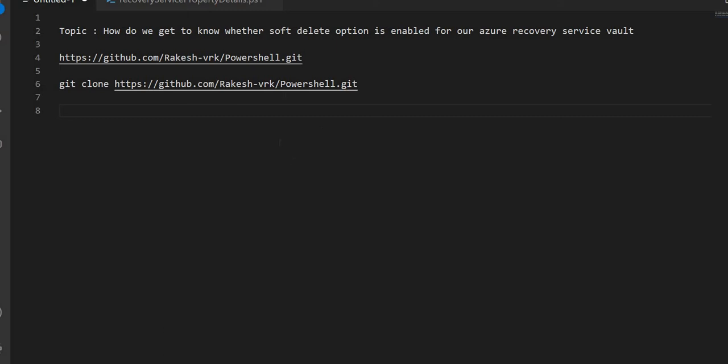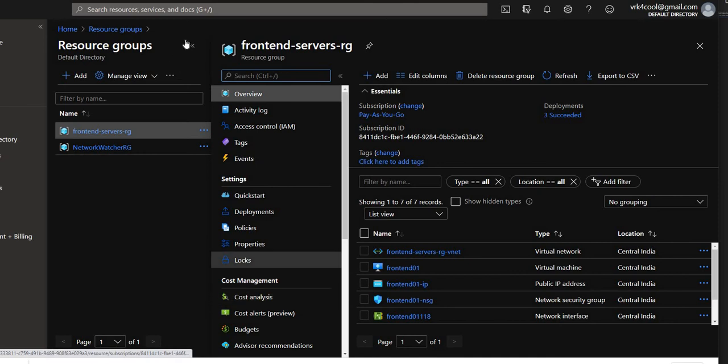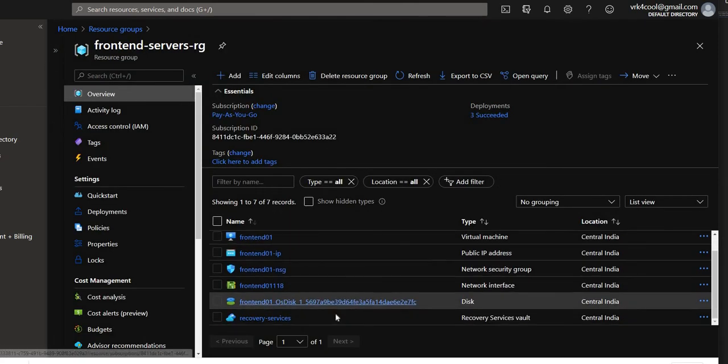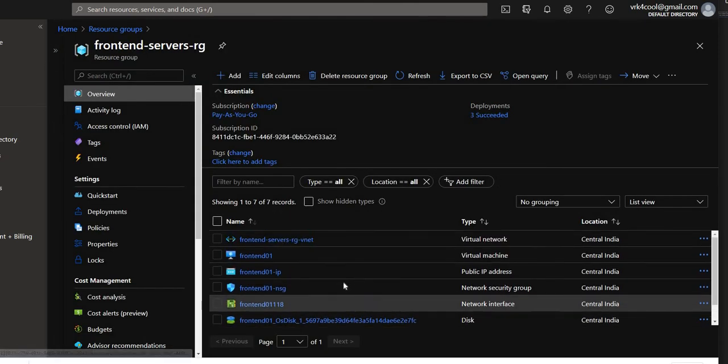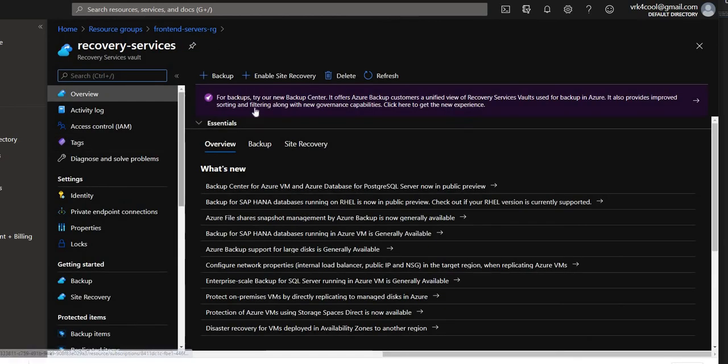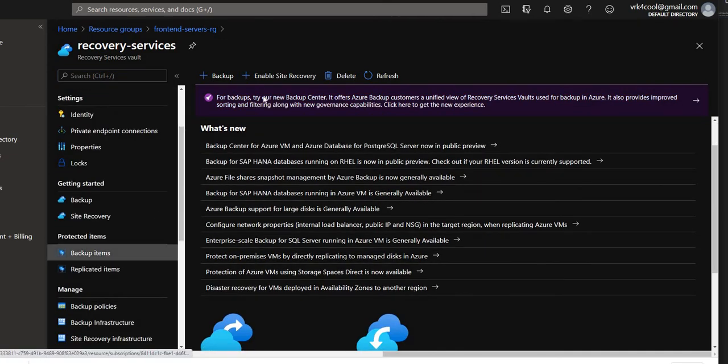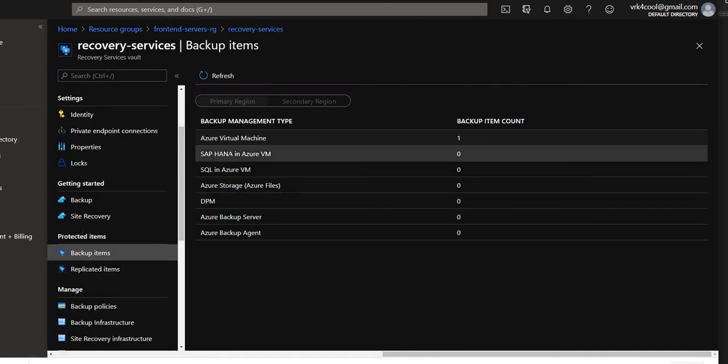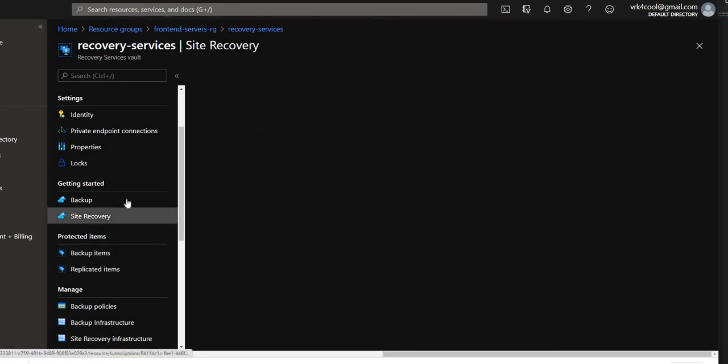Before getting the details on that, let's see what the Azure Service Recovery Vault is. It is nothing but a place where you can back up your Azure VMs, SQL Server, or your on-premises workloads and everything.